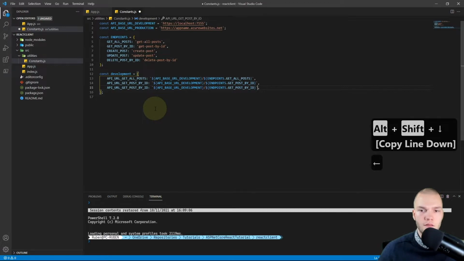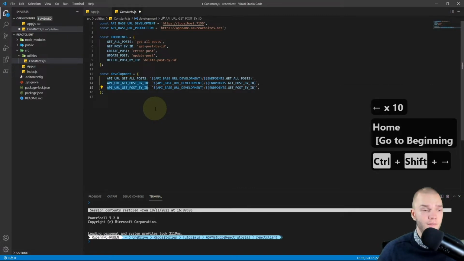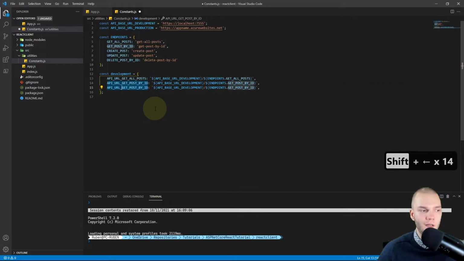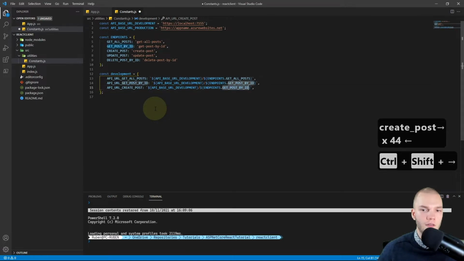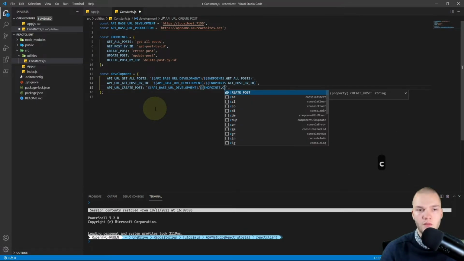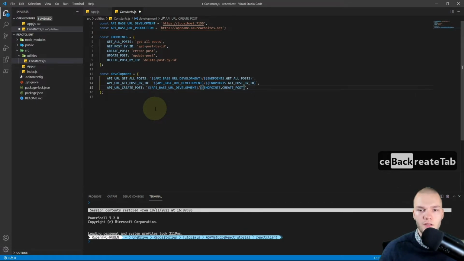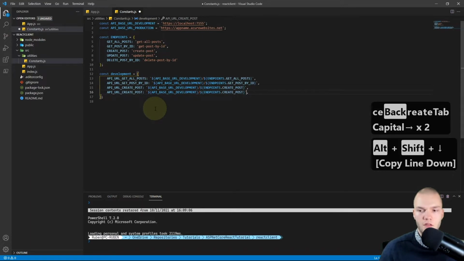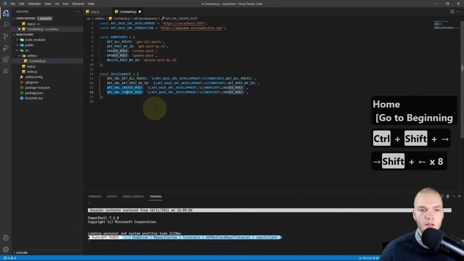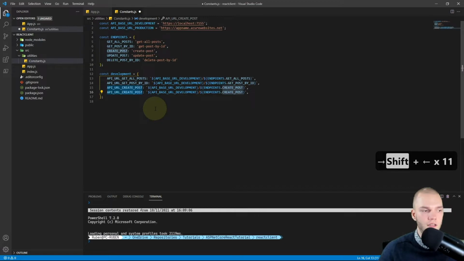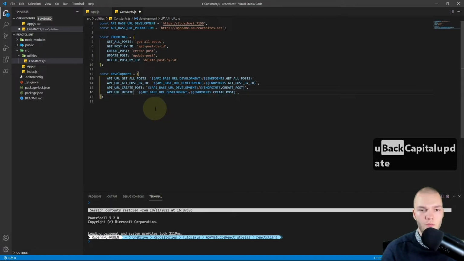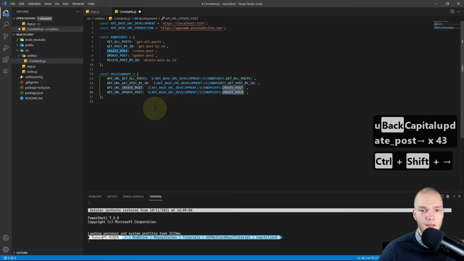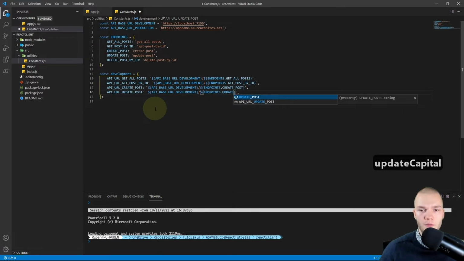And I'll copy the line down again, and I'll change it to API_URL_CREATE_POST, and that will be endpoints.CREATE_POST. Copy the line down, and then it is API_URL_UPDATE_POST, and take endpoints.UPDATE_POST.